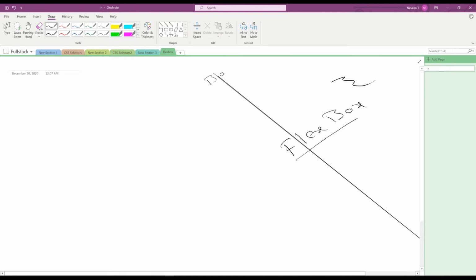That are block, inline, inline block, table cell, table row. So many others are out there. One of them is flex. And we have seen that many HTML elements come with